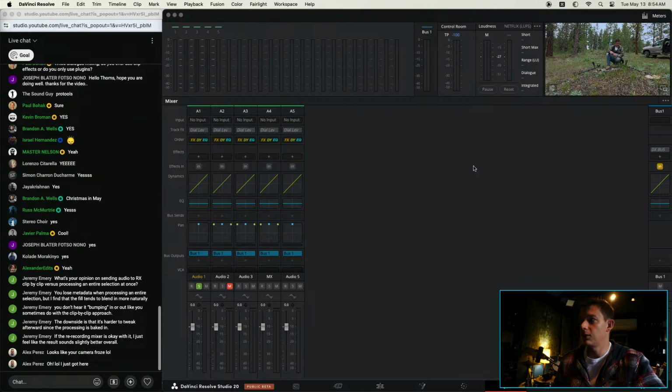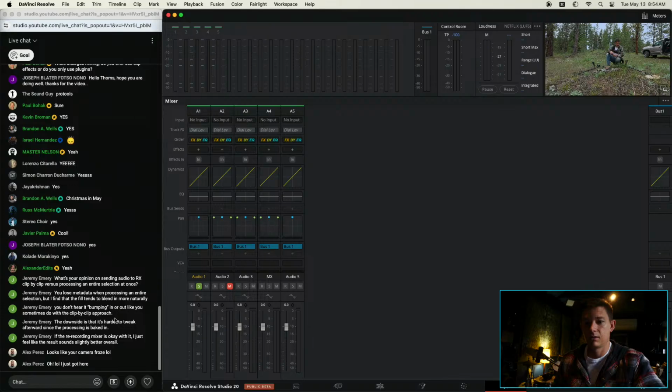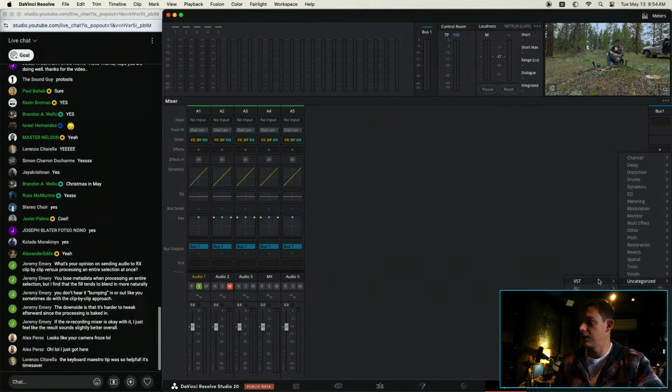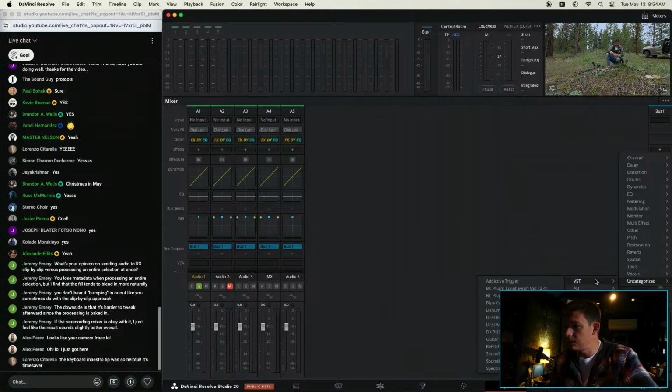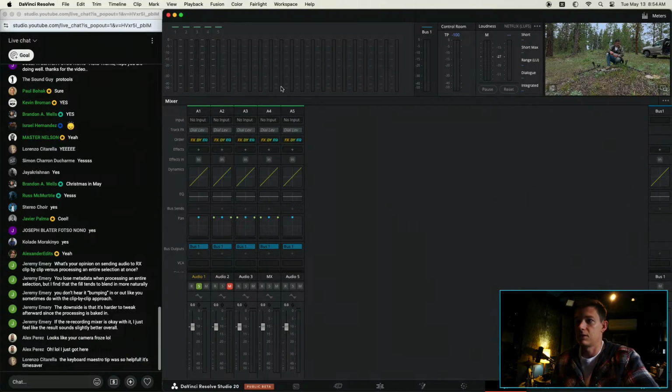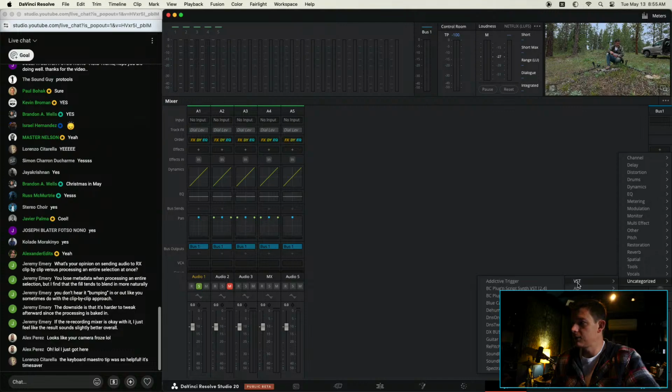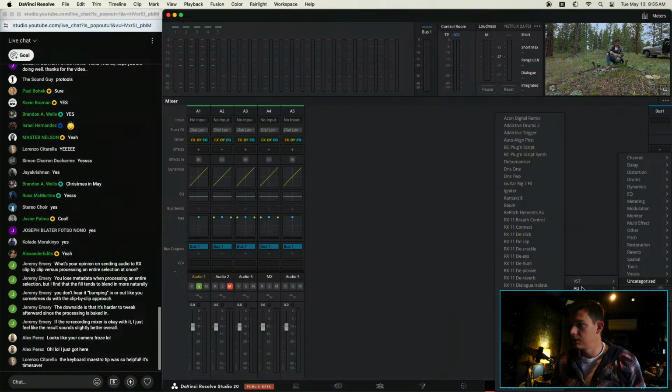Okay, so plugin. Let me delete it. Okay, I'm going to share this with you guys. So over here on bus, right now it's uncategorized, and I'll do the AU version, which, oh, did I delete it out of here? I just have the VST version. Let's see if it actually loads. Oh, I might have to recopy it.